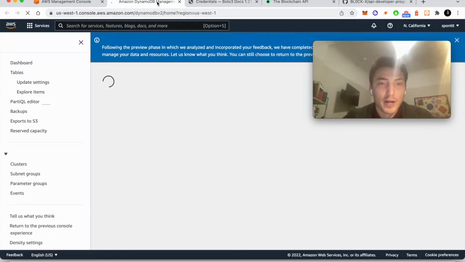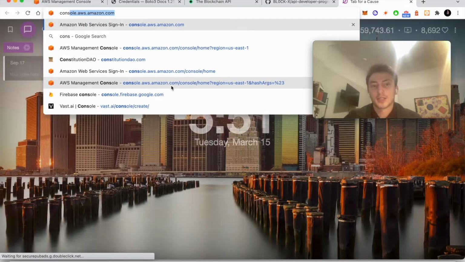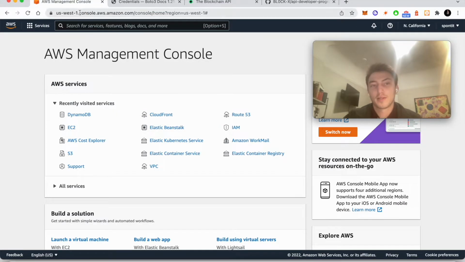You start by creating an AWS account, and then I would go to console.aws.amazon.com. It'll redirect you to the appropriate page, and then the first thing we'll do is create a Dynamo table. So the way this is going to work is, let's say in the context of the API program,